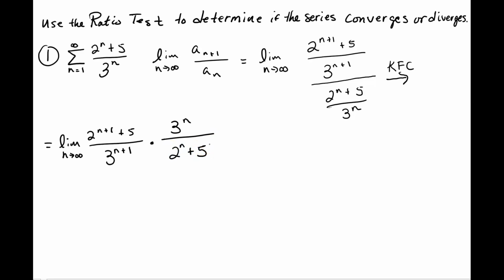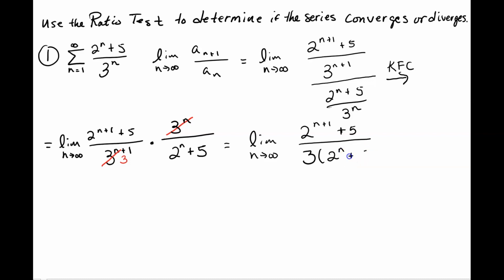So you should kind of start seeing some things that are going on here. Namely, first of all, the 3 to the n you can factor out, you can eliminate. Okay, this is just going to leave you with a 3 to the first power, if you will. Okay, and then you're going to have something that looks a little bit like this. So let's take a look at what it looks like. Limit as n goes to infinity. We have 2 to the n plus 1 plus 5 divided by a 3 that gets multiplied by